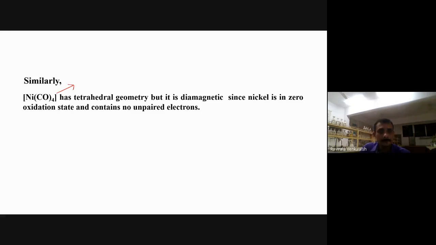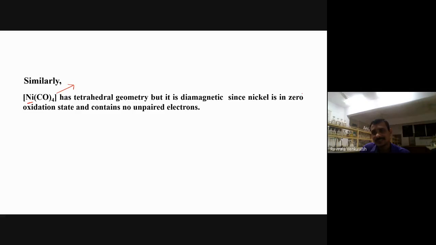Yes, sir. Now what is the oxidation state of nickel, beta? Plus 1? Beta, it is zero oxidation state. Explain to me how you can say the oxidation state of nickel is plus 1. How many carbonyls are there? Four. The charge of CO is always zero. Is there any charge on top? No charge. Take 0. So nickel will be here.